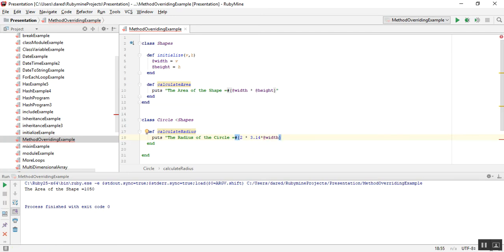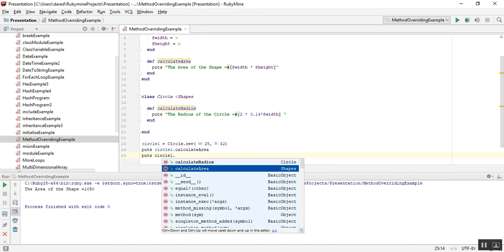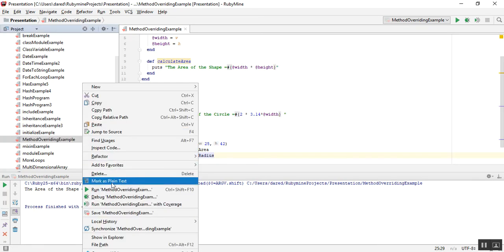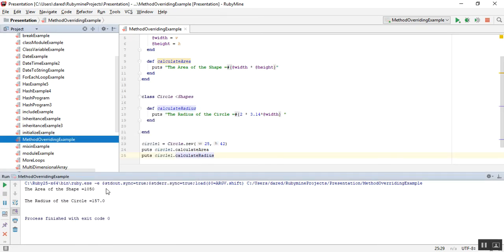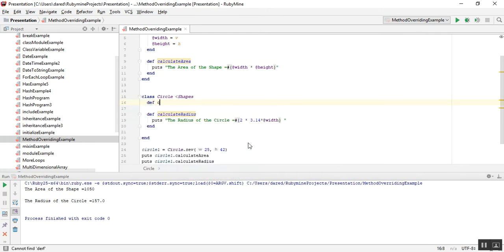Width here. Okay, now if I want to find circle1.calculateRadius, then what will be the result here? You can see it is calculating the result here. Now the main question arises: if I want the same method with a different calculation,